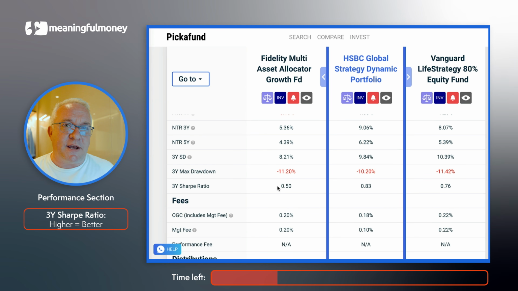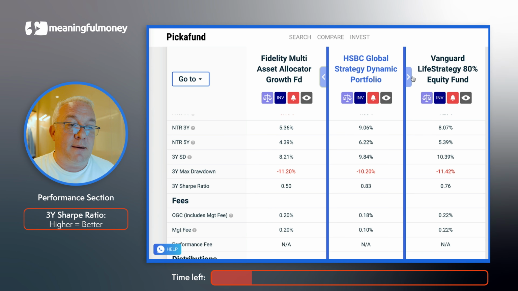And it's a useful little ratio which kind of flattens out risk from different kinds of funds and says if the risk was the same in all of them, exactly the same, which ones performed better. And it's simply a higher number is a better Sharpe ratio. So if we look at this line here, you can see that the Sharpe ratio of the HSBC fund is higher than both Fidelity on the left,